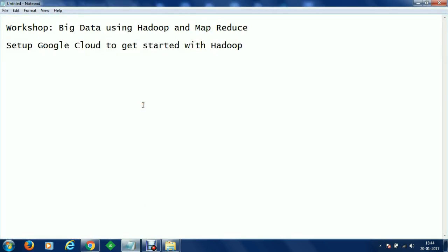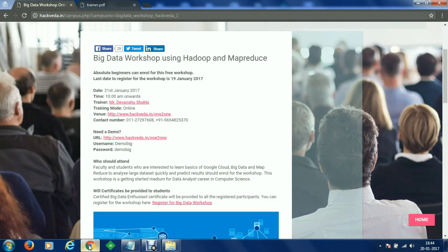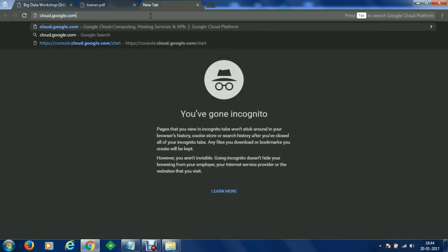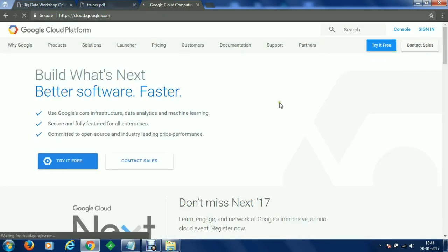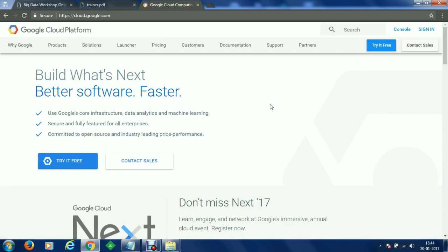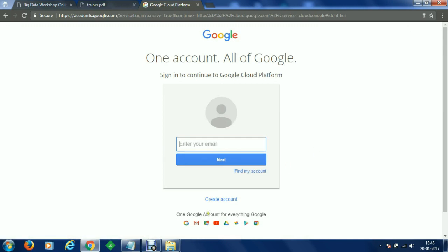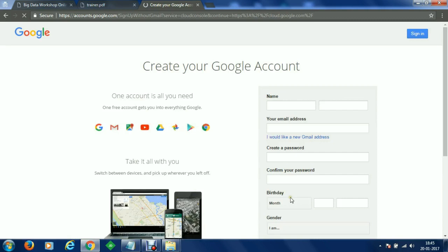In this session, we are going to set up a Google Cloud account and will make you understand how to get started with Hadoop. To proceed, let's go to browser. You have to browse to a website cloud.google.com. On the website here, we need to have a Google account in order to use Google Cloud Platform. On the top right, we have a sign in. Let's sign in, or we can create a new account. Since I have an account, but I would like you to understand the concepts from the very fundamental and the initial level, so I'm going to quickly create an account.